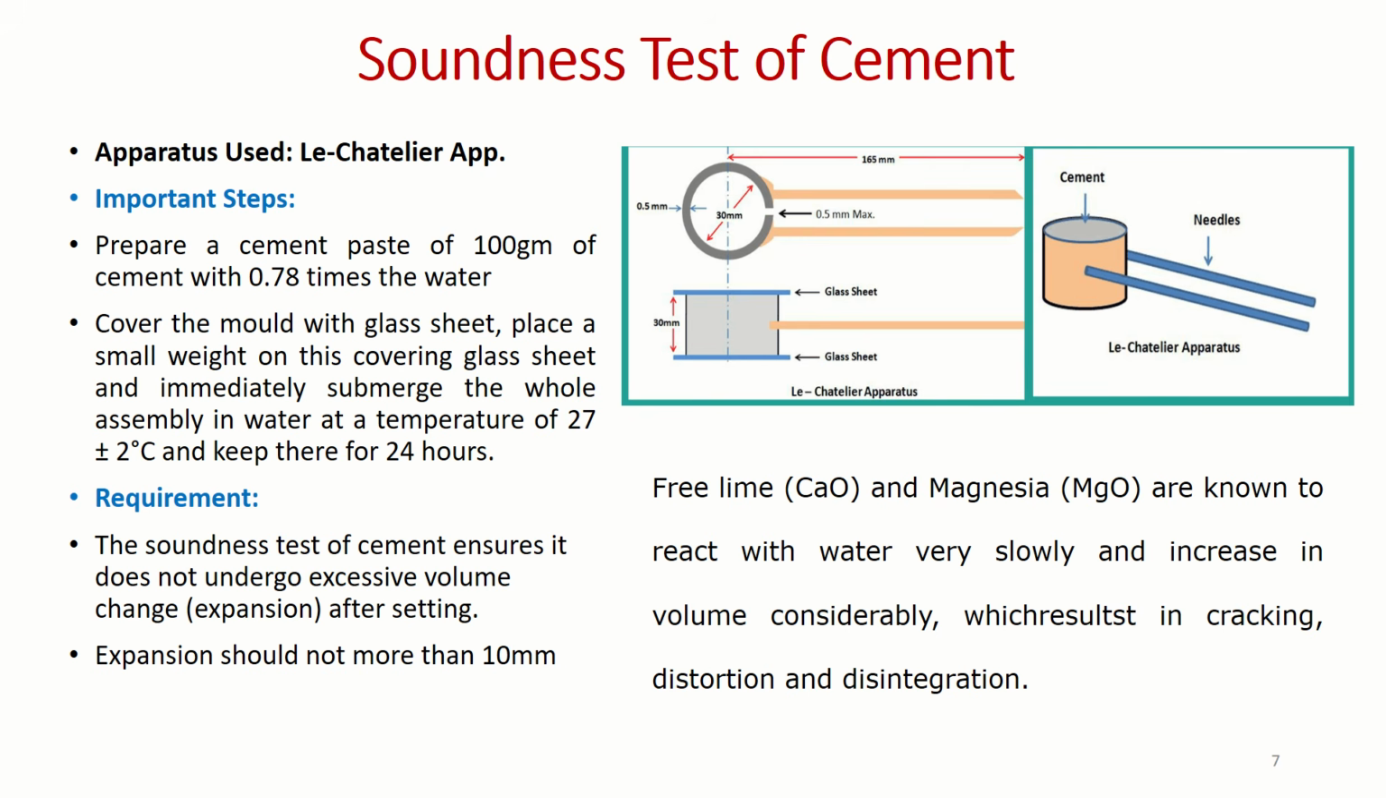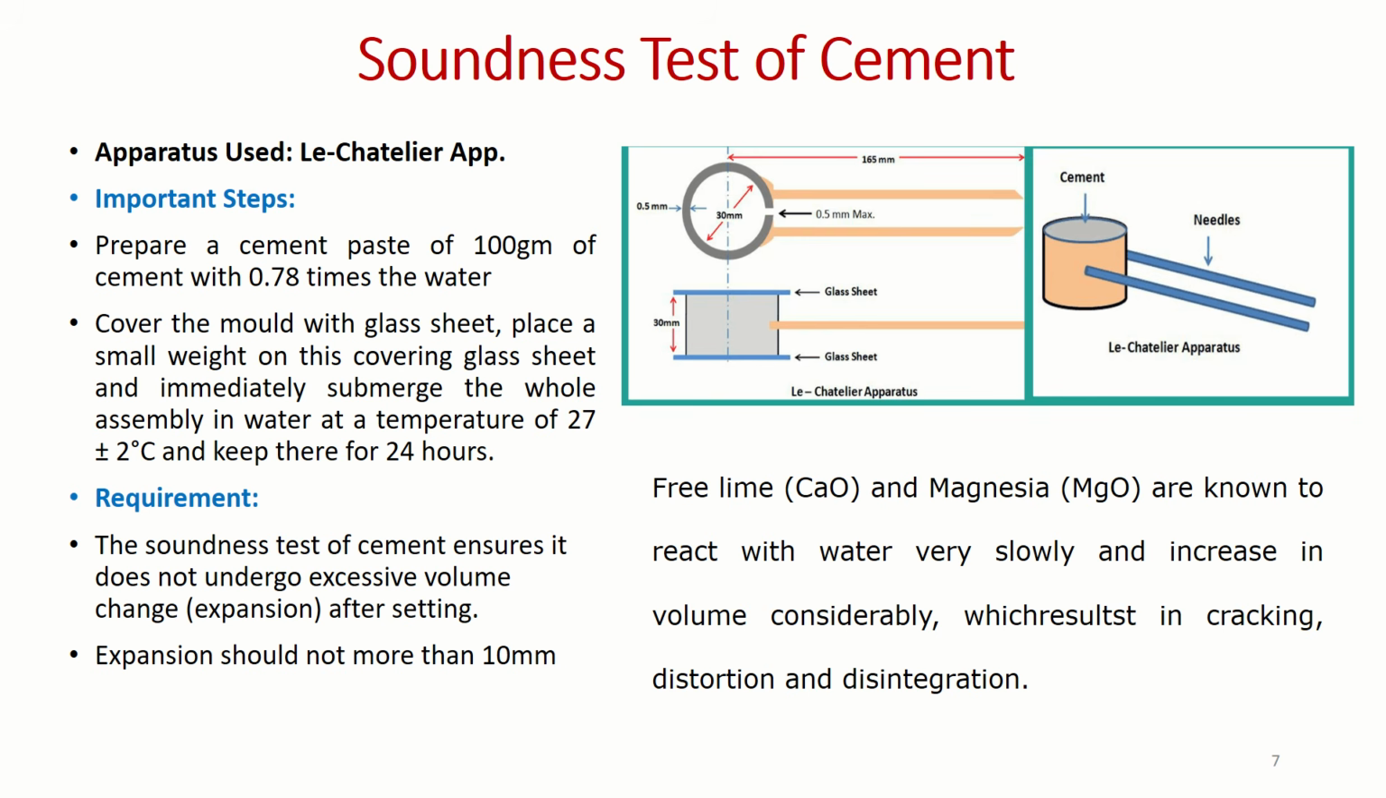To check the soundness, we are using the Le Chatelier apparatus. As you can see in the figure, it has a 30 mm diameter and 30 mm height, and there are two needle indicators having a length of 16.5. When we fill it with the cement sample, we keep two glass plates, one at the top and one at the bottom. By adding some weight on top, we keep this assembly in water for 24 hours, and after 24 hours